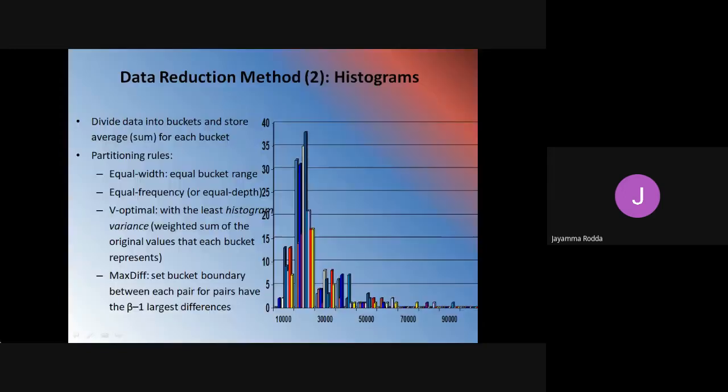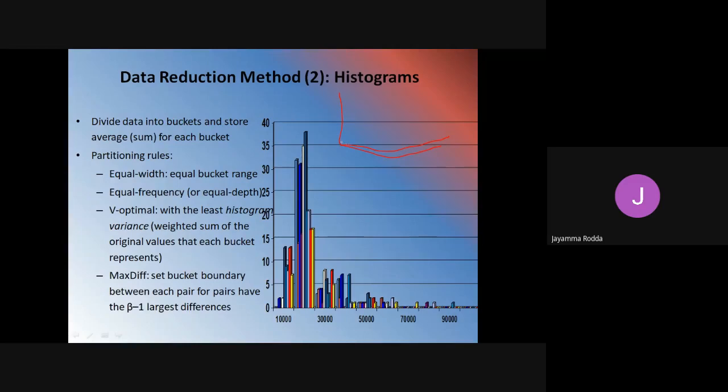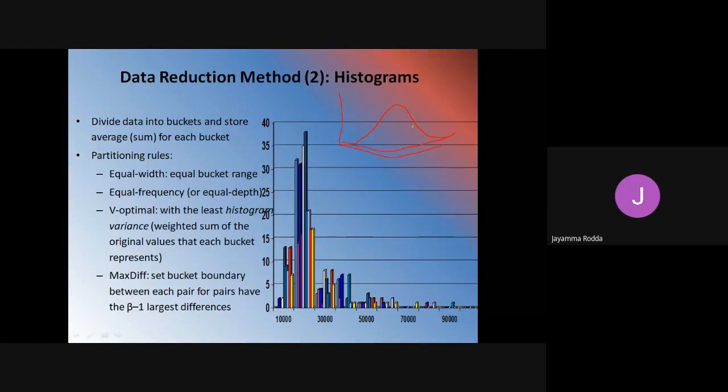Generally, how the histogram is constructed is, we verify whether the data is distributed normally or not. It should have a bell-shaped curve like this for a histogram. The data is normally distributed when the curve is a bell-shaped curve. So the normal distribution of data can be identified here.